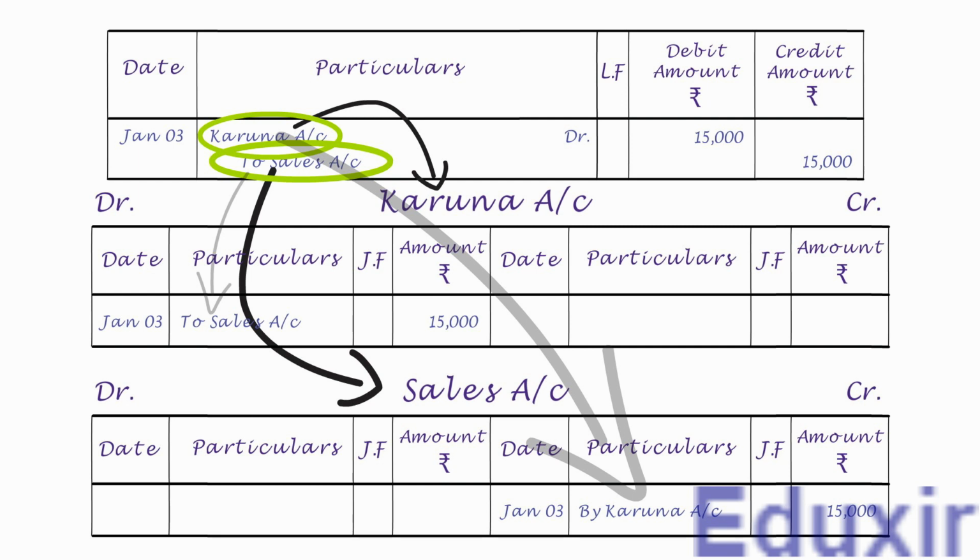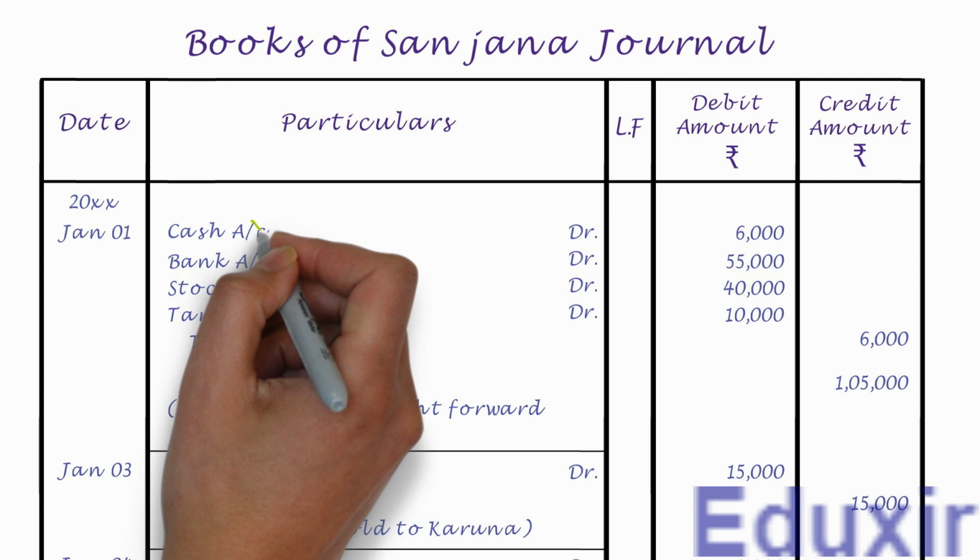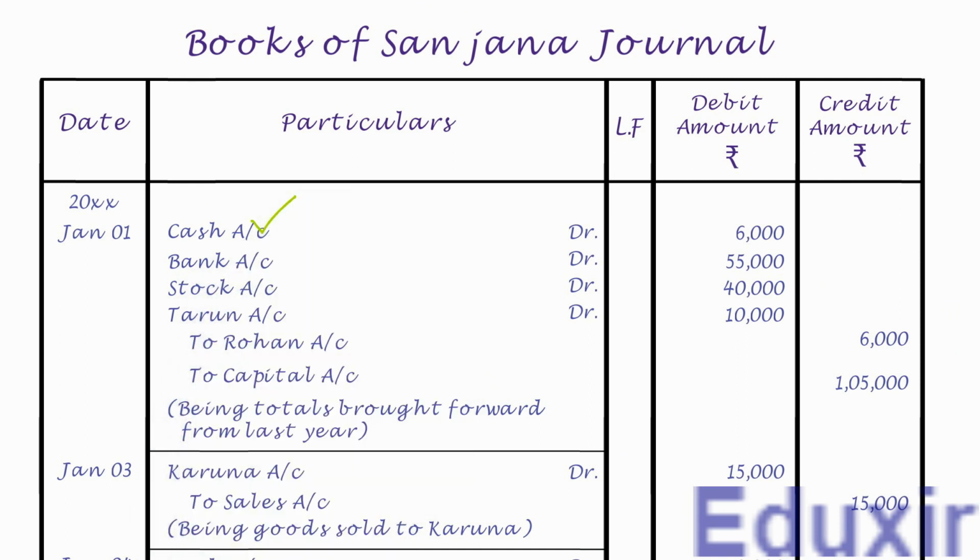We are now familiar with how to post journal entries into the ledger accounts. Once you know how to post the journal entries into the ledger accounts, the rest is just a routine process. Let us now proceed with the posting of the journal entries into the corresponding ledger accounts one by one. Let us start with the first journal entry. As the name suggests, it needs to be posted on the debit side of cash account and the debit amount